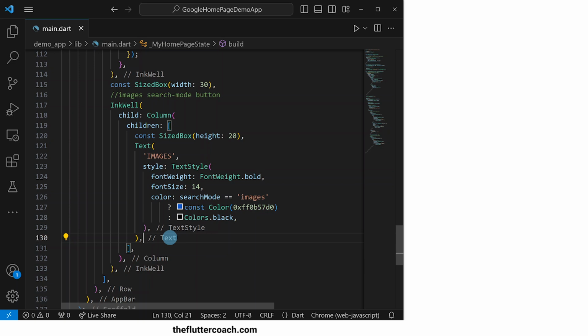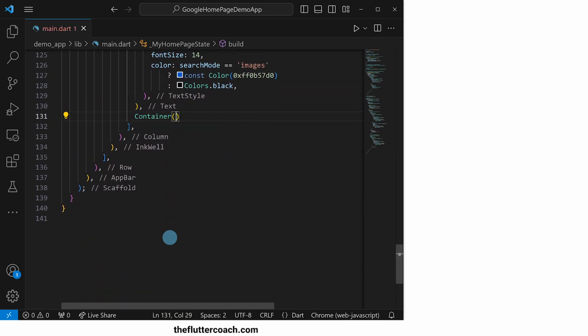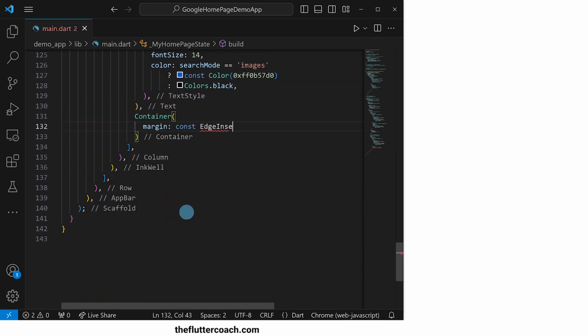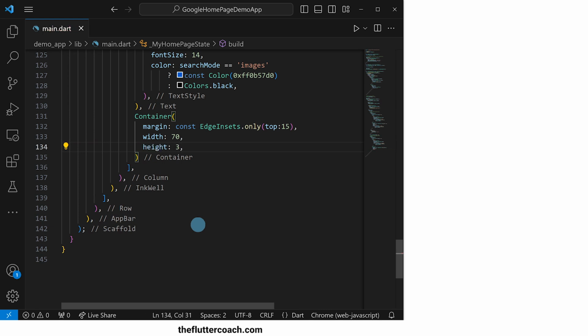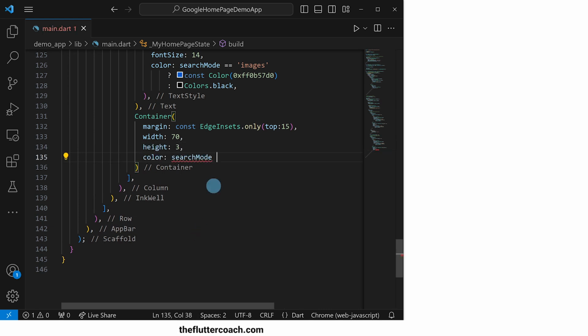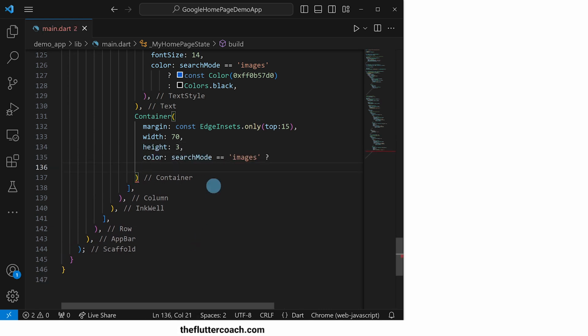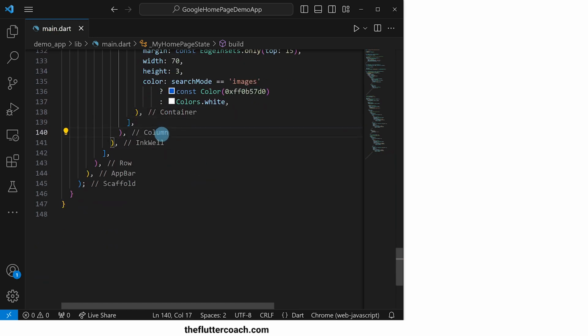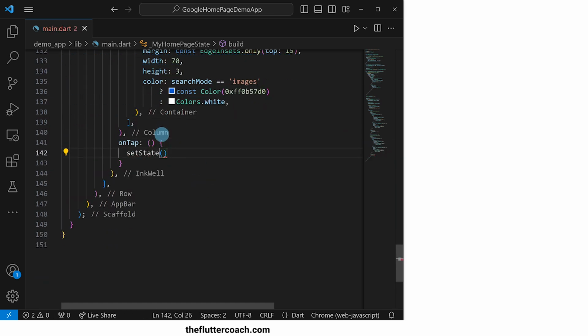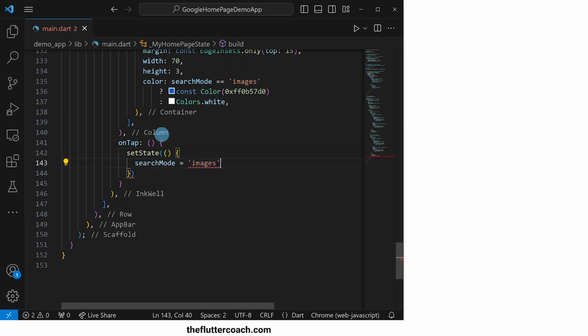For the dash that will be displayed underneath the images text, if the search mode is images, we will use a container with a top margin of 15 pixels, a width of 70 pixels, a height of 3 pixels, and for the color property, if the search mode is images, the color will be a shade of blue, which I will use a hex value to define. Otherwise, the color will be white, which makes it invisible. In the onTap property of this images inkwell, we will use a setState function to set the search mode to